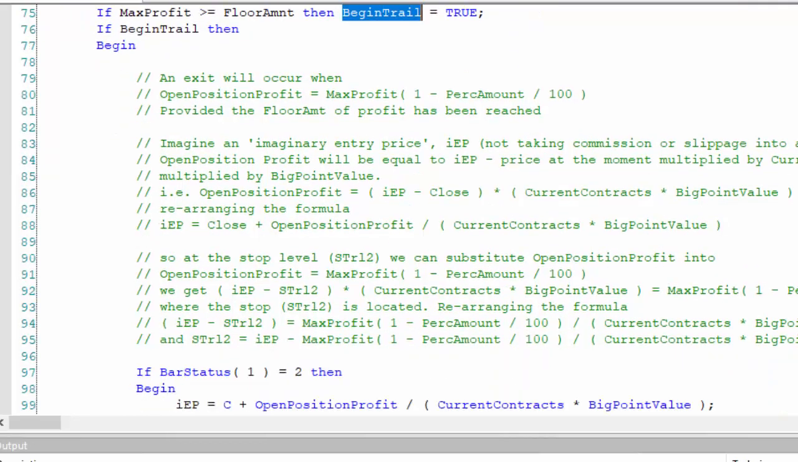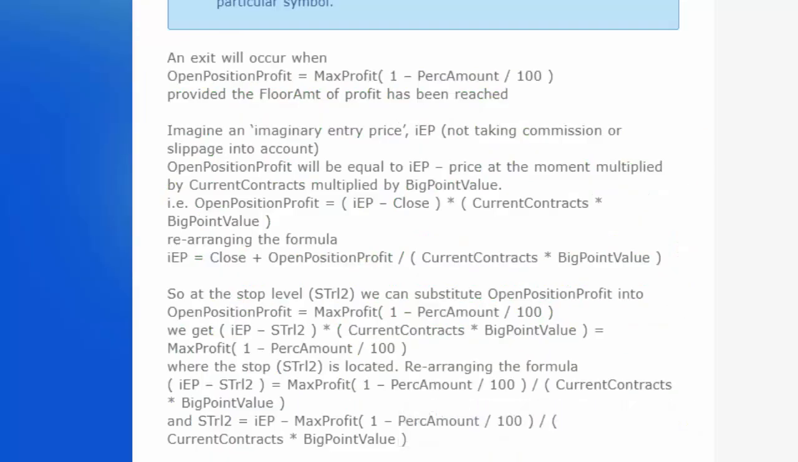Now if we just go to the website, I've included an explanation of the calculation there. We've said that an exit will occur when open position profit equals max profit times 1 minus percentage amount over 100, provided the floor amount of profit has been reached. So that's what we're working towards. Now what I've said is, let's create an imaginary entry price, because we may be in a situation where we're pyramiding. This is the way I worked it out. You might think of it slightly differently, but we're calling this imaginary entry price